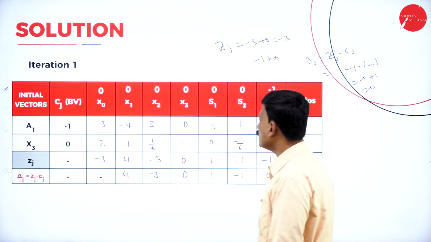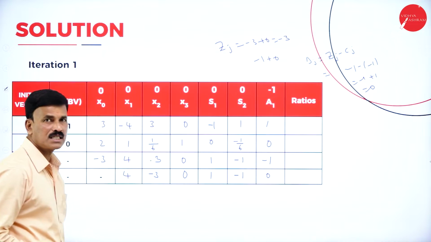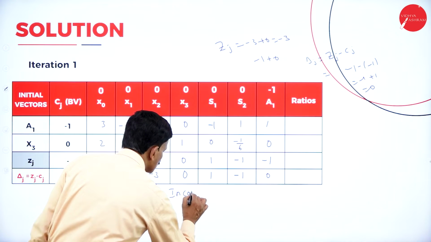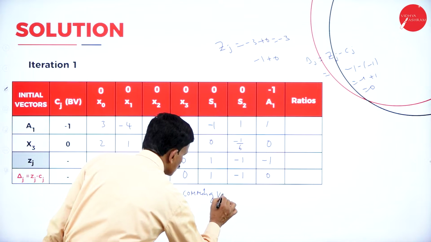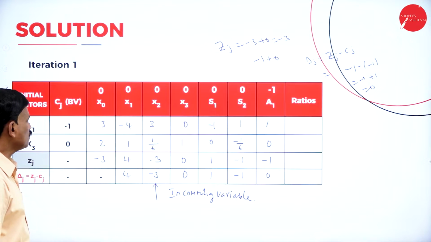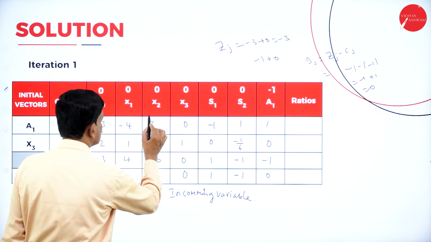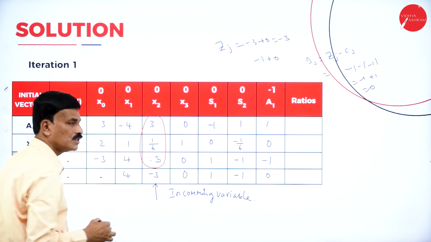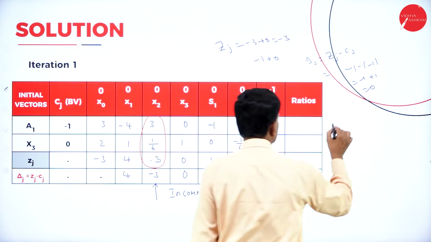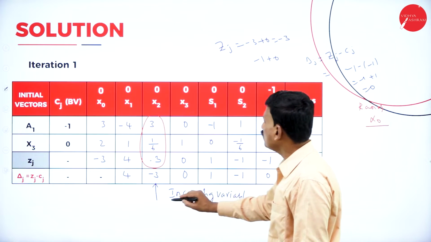Now since here you can see this is the least negative value, minus 3 is the least negative value, so therefore this is the incoming variable. So this is the least negative, the incoming variable is minus 3. So this is the incoming column. Now find out the ratios. So the ratios are x0 divided by the incoming variable,